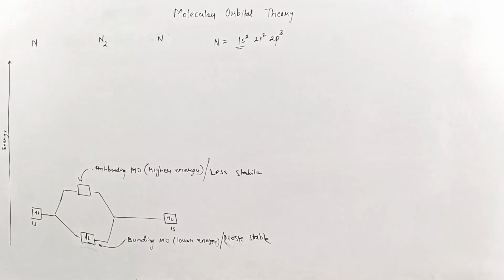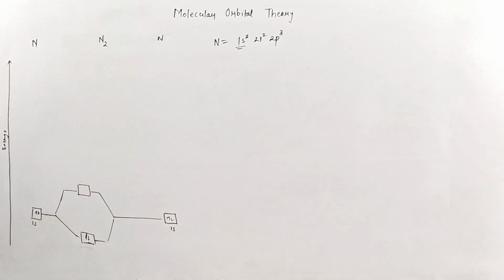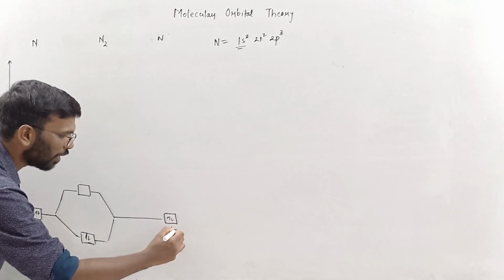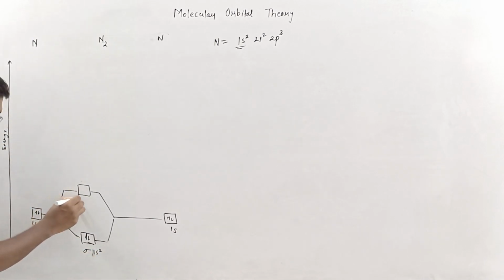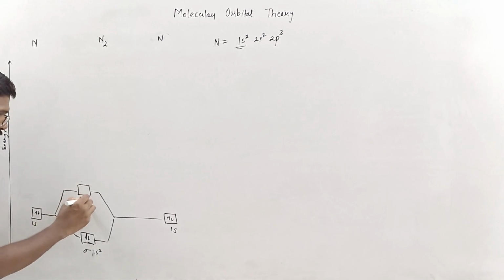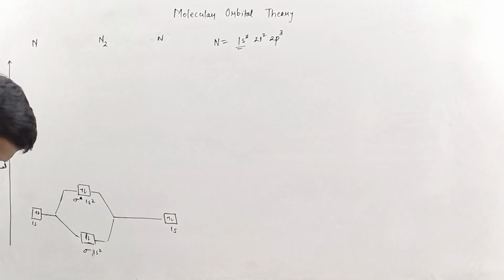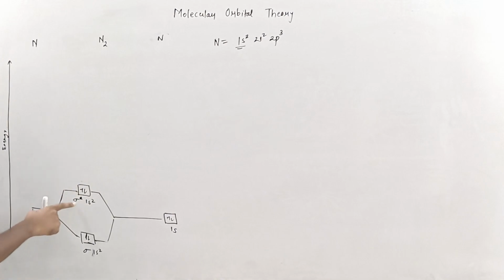So here I'll clean this. You can make a note of whatever I have written. I'll clean this; I need this whole diagram. So this is 1s and another 1s. They will form a sigma bond. Yes, they are going to form a sigma bond. A sigma of which orbital? The 1s orbital. It is sigma 1s2. And this is also sigma, but you will put sigma star 1s2, because there will be a total of 4 electrons: 2 will go here, 2 will go over here, right? Yes. So this is sigma star 1s2.